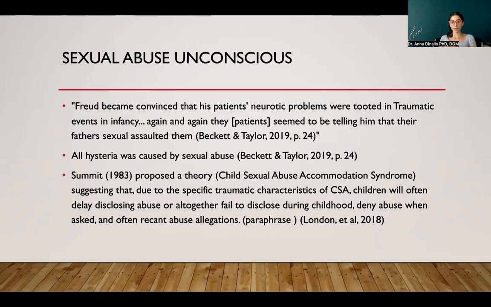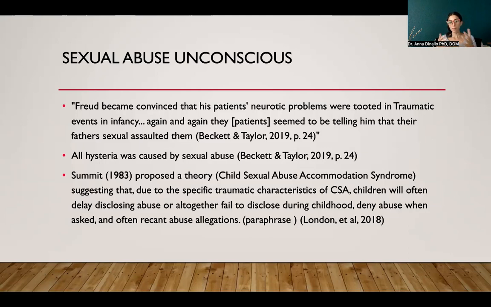Okay, so as we're talking about going back and repeating things and experiences that we didn't get to have because something was clipped, that's where sexual trauma comes in again, because we know that 1 in 6 females have had this experience, and roughly 1 in 30 men, and even higher for queer populations, up to like 50% of queer identifying people have had that experience. So Freud became really convinced that a lot of the neurotic problems were rooted in trauma and infancy. And he was told by many of his female patients that their fathers were assaulting them.